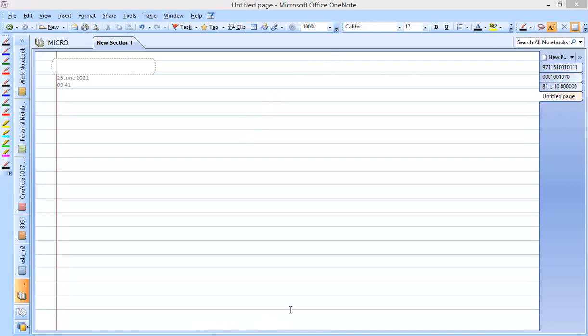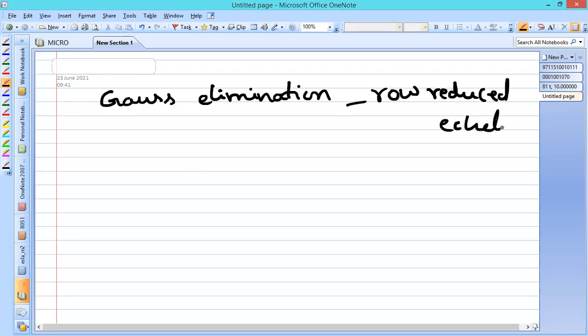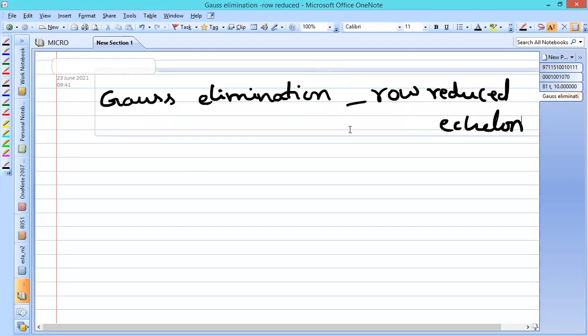As we know, the row reduced form, which is also called the row echelon form, is sometimes called the Gauss elimination method. So you should remember, if you are asked to solve a problem using the Gauss elimination method, this is once again the row reduced form or row echelon method. Whatever the question, whether it says Gauss elimination, row reduced, or row echelon method, you have to go with the same method. Today we'll see the row echelon method in order to find the rank of a matrix.